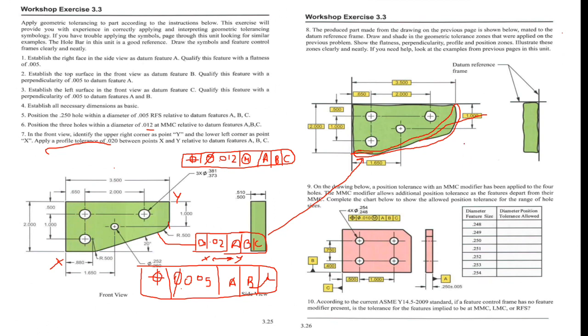Then our flatness with datum feature A, this flatness is in between these two lines, this one and this one, and the perpendicularity over here. One perpendicularity you can show here, the top face with datum feature C, and one perpendicularity is here, and the positioning tolerance for the three holes is in the center of the holes. Then next,